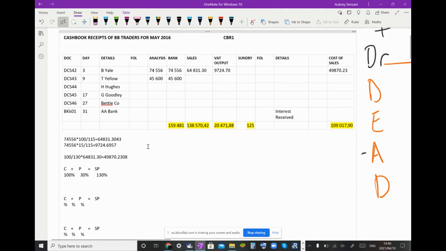We've done that. Again, this was cash sales, or sales of inventory, so we need to get that exclusive amount to put into the sales column. So we do the exact same thing. By the way, we don't have to start with calculating the sales amount. We can start with calculating the VAT. So we could say, let's get the output VAT that we owe to SARS. That's 15 over 115, times 45,600,